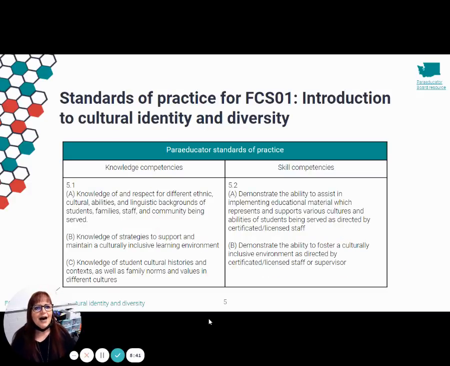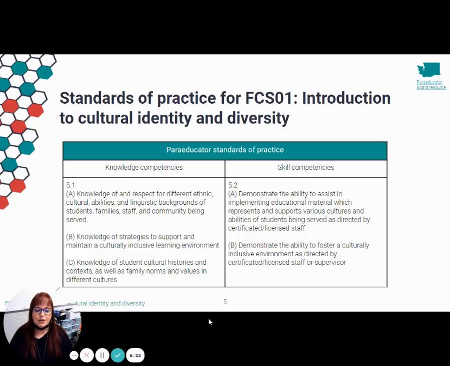The Paraeducator Board puts out some standards of practice. The standards that we're going to cover today are 5.1 with the knowledge competencies. So I'm hoping to give you the knowledge of respect for different ethnic, cultural, abilities, and linguistic backgrounds of students, families, staff, and community being served here in West Valley. The knowledge of strategies to support and maintain a culturally inclusive learning environment, knowledge of student cultural histories and contexts,